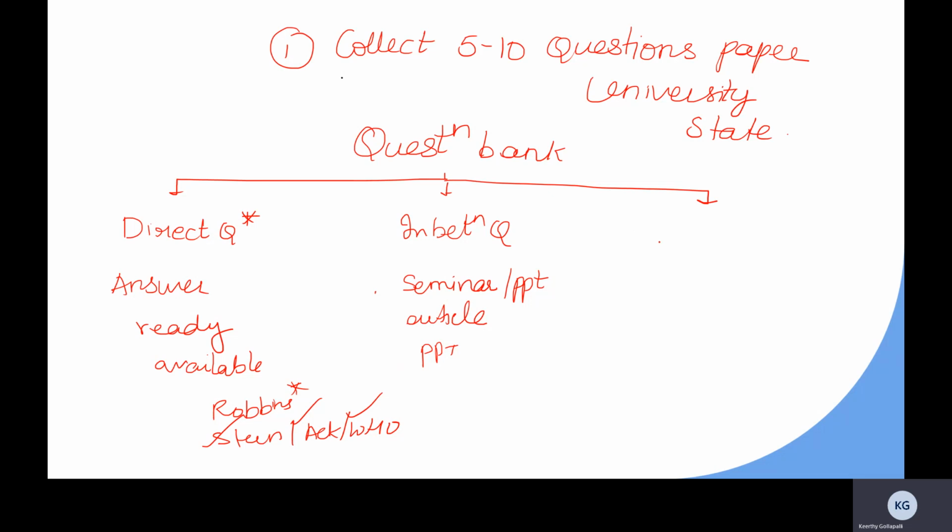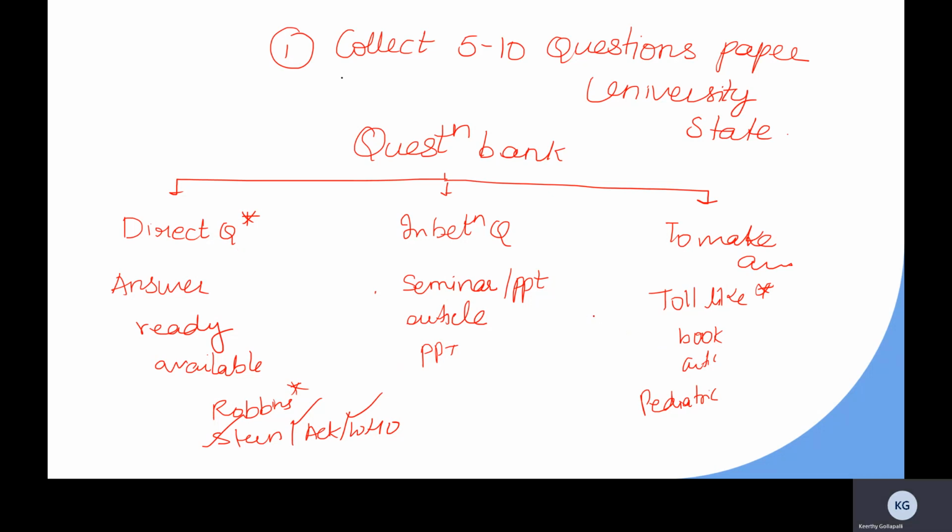That's it. Now coming to the third category, which is the make-an-answer category. That means, for example, a topic like toll-like receptor. It's not available anywhere, right? So you have to make some answer for this by referring to certain books and articles. Or you have some topic like pediatric gliomas, which is not available. You have to search a few articles, make notes, right? So that's the thing. So you have to divide all your questions into 3 categories.